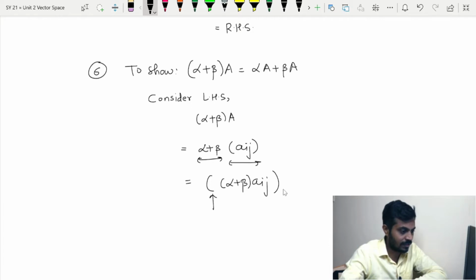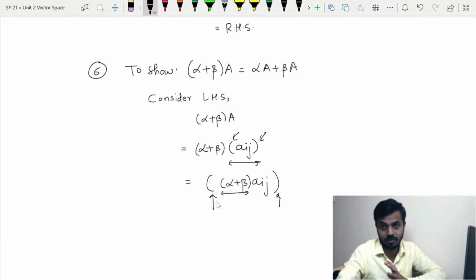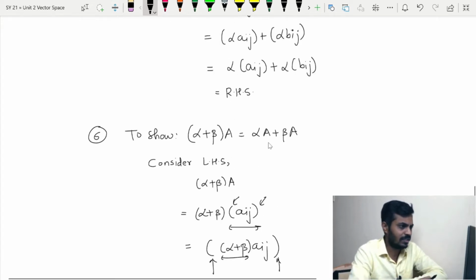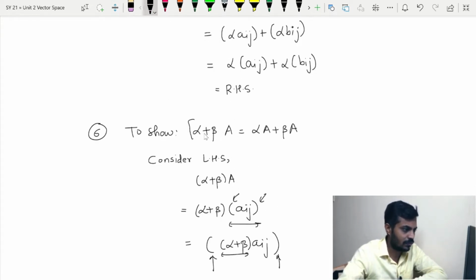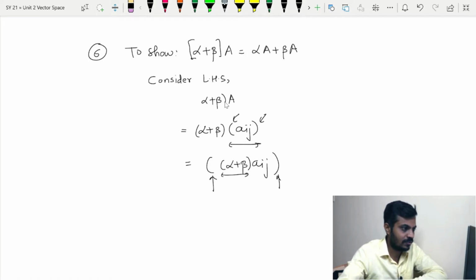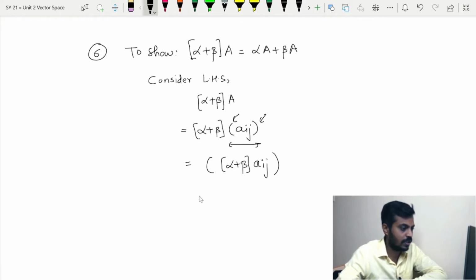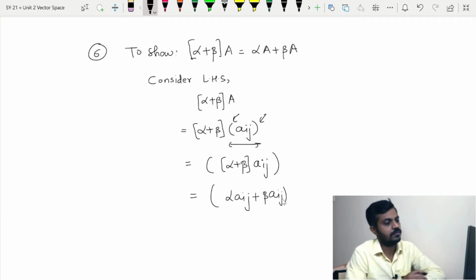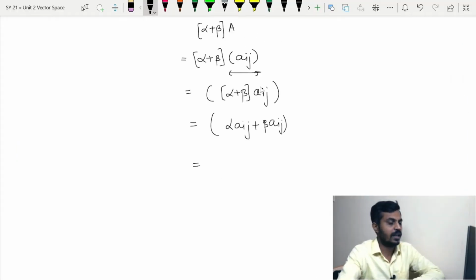So these brackets, this one indicates a matrix, and this bracket is of alpha plus beta. I hope you are getting it. If you are getting confused, instead of going for this, I will go for this. Therefore I prefer rectangular brackets rather than square brackets. And this is equal to, a_ij can be taken inside, so it will be alpha a_ij plus beta a_ij, which is further equal to, now you can see that again it is the addition of two matrices,